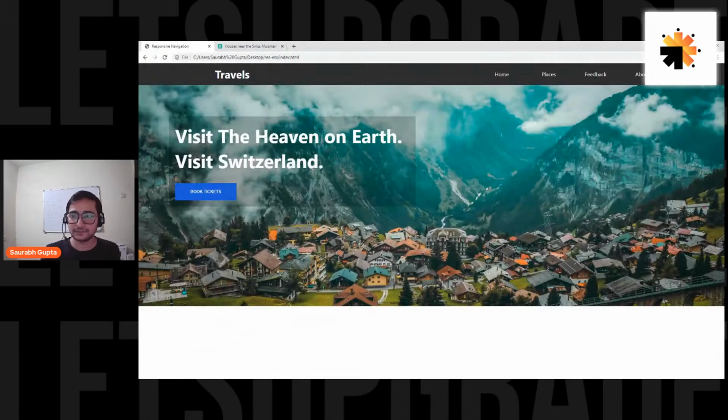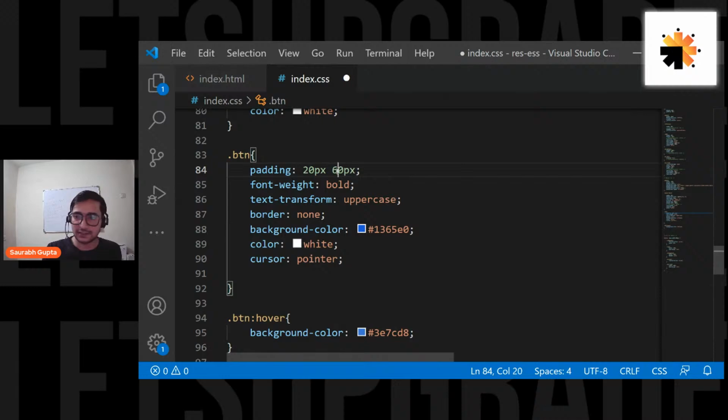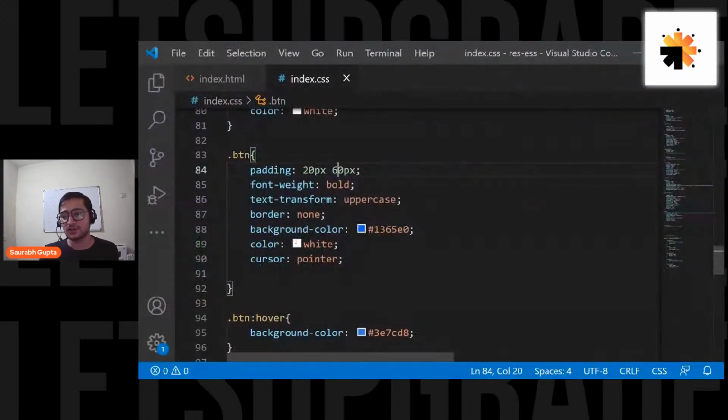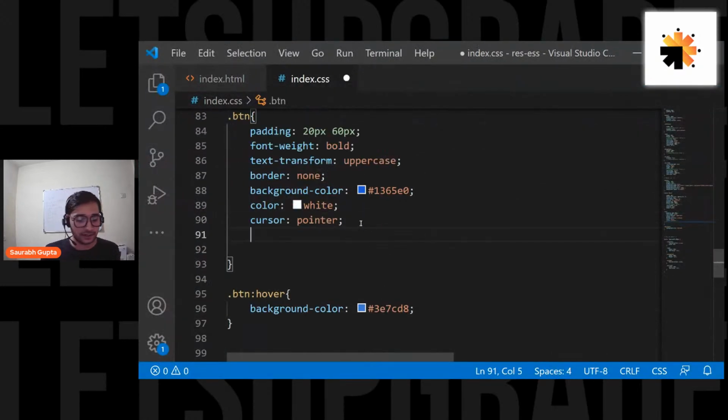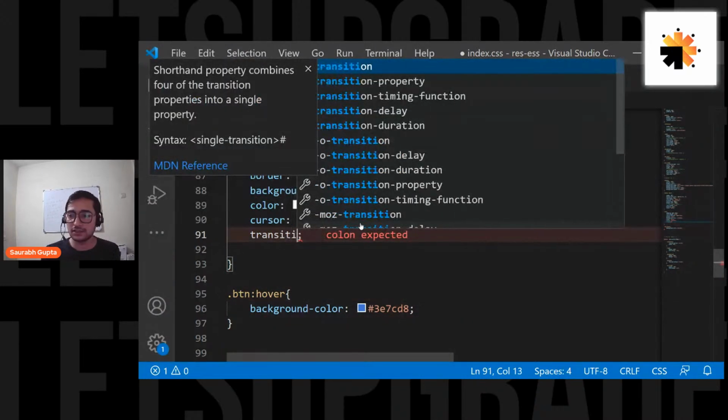20. Okay, that's fine. And I want to increase the width a little more as well. So 60 padding. Yep, like this. And you can see now changes when I hover on it. And it is changing fast. So if you want, just go here in the button and add a transition. So transition, not transform, transition of